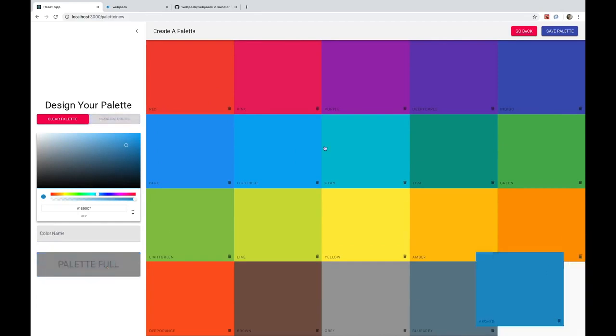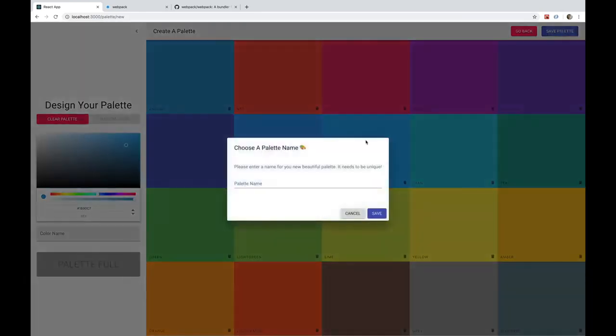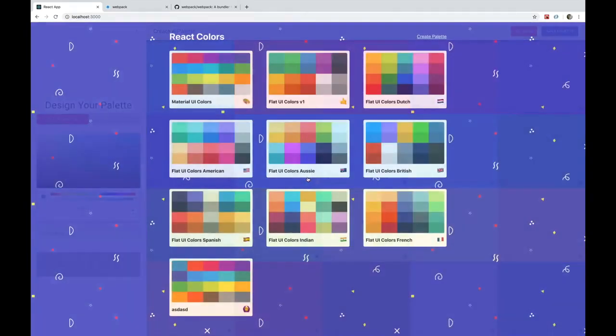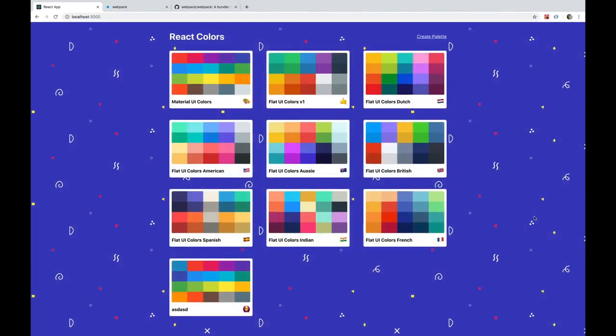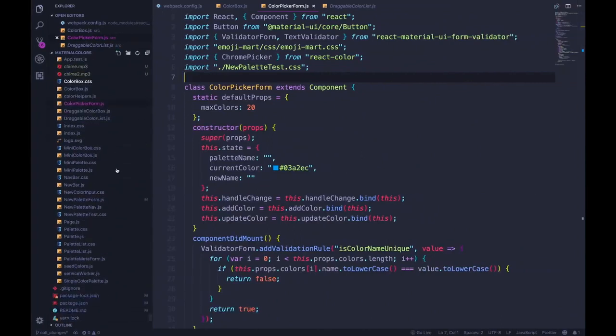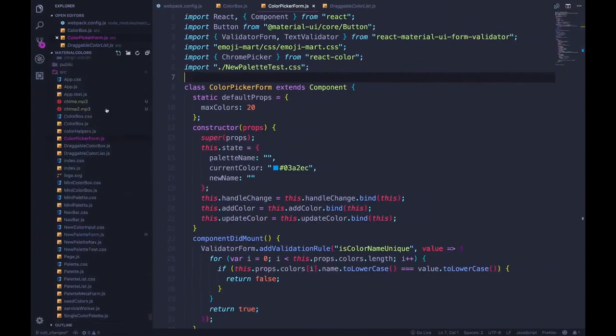So I can create new palettes, reorder them, I save it, and there's code in addition for this emoji picker here so I can select an emoji. Anyway, that's enough with the app itself, but it's sufficiently complicated where I think it makes sense as a good example for Webpack. So if we take a look at the code, there are 20-something JavaScript components or React components